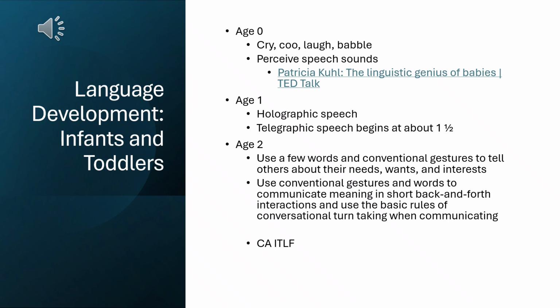Once babies get to about age 1, they understand many, many words, so they have pretty excellent receptive language skills. If you watch, they understand what people are pointing at. They create action in response to people's language. They are starting to produce language themselves, so we typically see the first words around the first birthday, and that starts with what's called holophrastic speech.